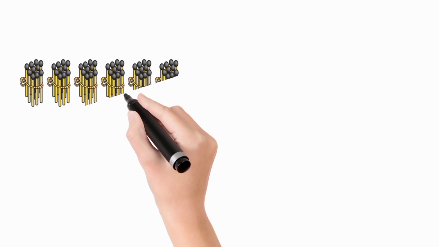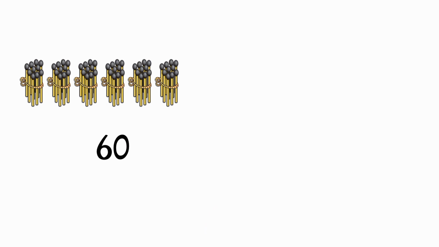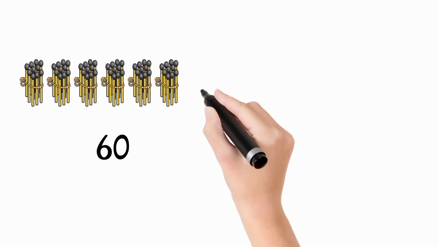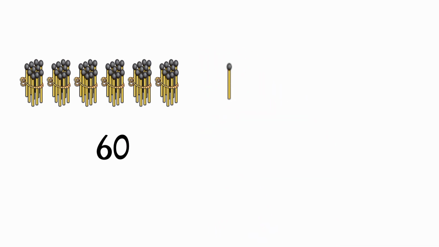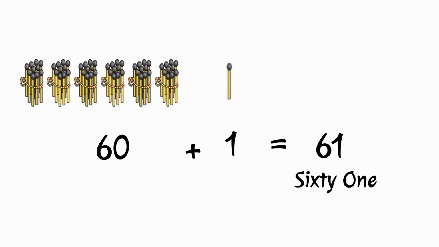Now we have 6 bundles means 60 and 1 loose matchstick. So 60 plus 1 is equal to 61. 6 tens and 1 ones, 61. इसे 61 कहते हैं।